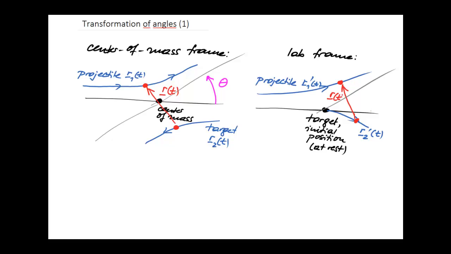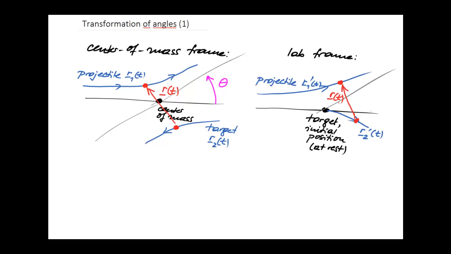So it's the same vector as in the center of mass frame, because the uniform motion of the center of mass that enters into the transformation between r1 and r1 prime and r2 and r2 prime cancels out when you take the difference,